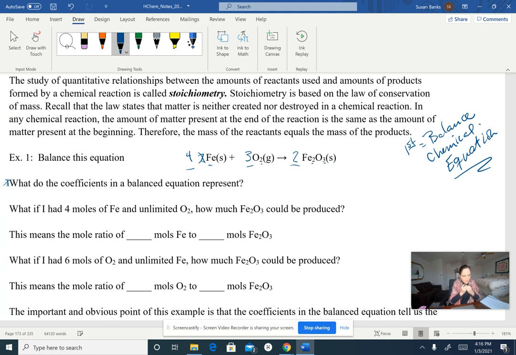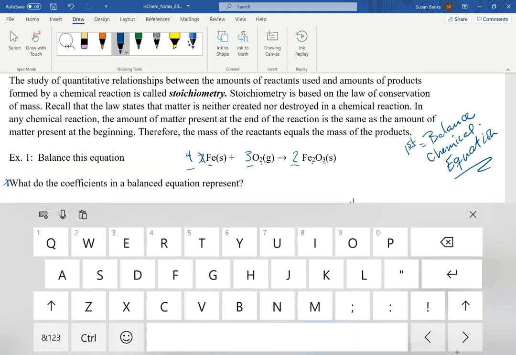Okay, so what if I had 4 moles of iron and unlimited oxygen? How much iron 3 oxide could I produce? So what I'm going to do is start with what I know. I know I've got 4 moles of iron. So 4 moles,